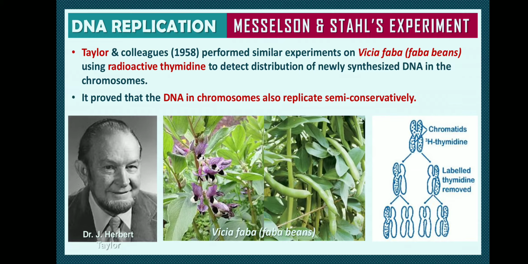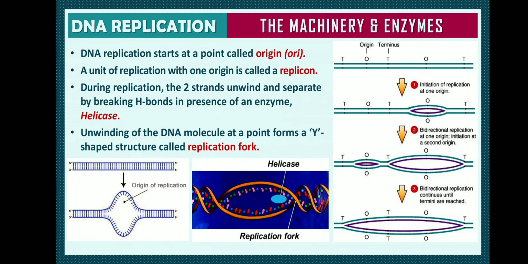What they have done is take the chromatid with H3 thymidine. This is now added into a radio-labeled thymidine containing medium. Now with the radio-labeled thymidine, half is the parental and half is newly synthesized, you can see the radio-labeled thymidine. So this proves that the semi-conservative mode of DNA replication is right, students. So Faba beans were used for this experiment, proving DNA replicates by the semi-conservative mode of replication.